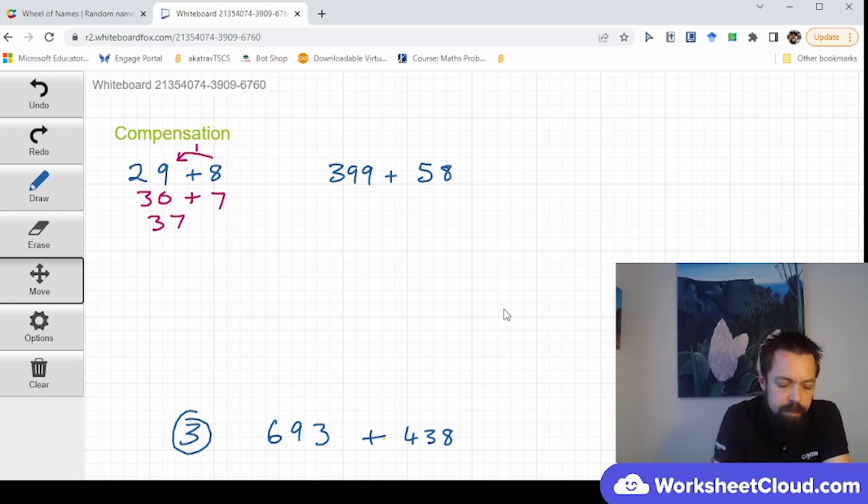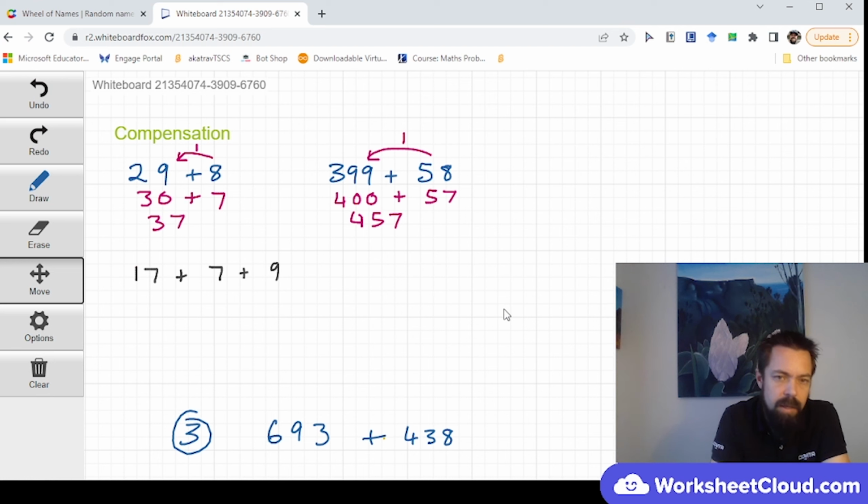For the second one, I'm going to take 1 from my 58 and I'm going to make that 400. And this one then becomes 57, 457. Right. This can also be quite useful if you've got something like, let's make it 17 plus 7 plus